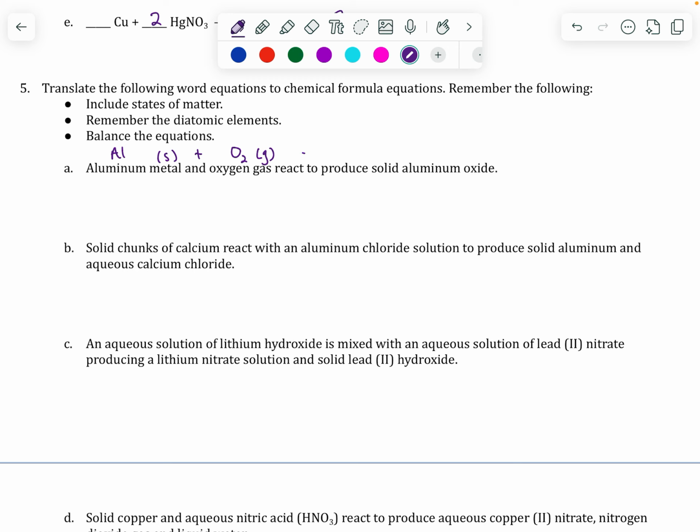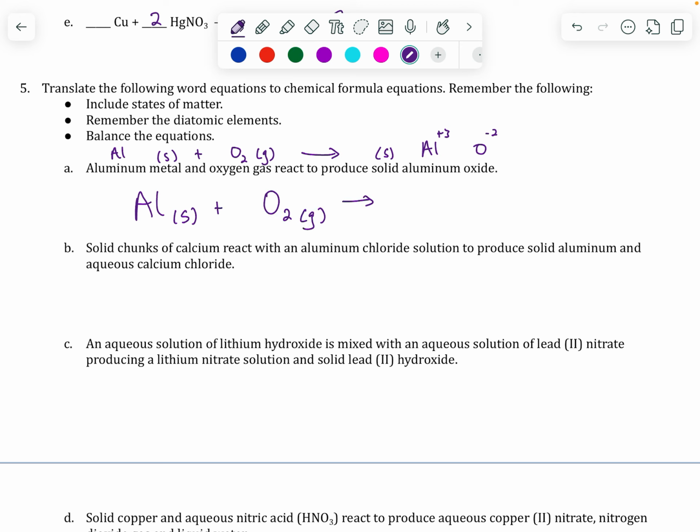React to produce tells me that I have an arrow there. Solid is solid, and aluminum oxide. Aluminum is aluminum. Oxygen's oxygen. Now that they're together, it does not have to exist as O2, and now I'm going to be looking at the ion charges that they both have because they are going to be bonding together. So aluminum metal, solid by itself. Oxygen gas